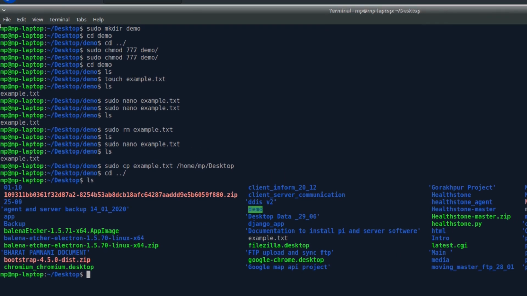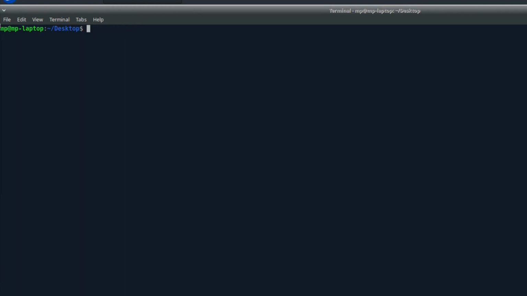Now we have to clear the screen, so we'll simply use clear. Now, as you know, the basic commands which we use are like open, close, create directory, see files, remove a directory. If you want to remove a directory, like a full folder as well, you can use -r. In that you can delete a directory as well, like a full folder or any project.